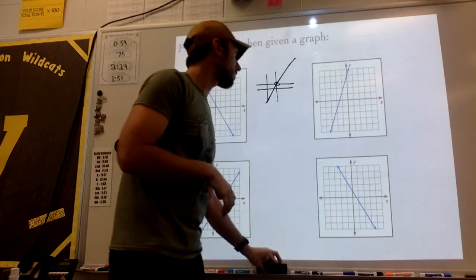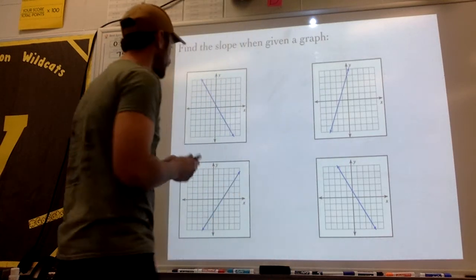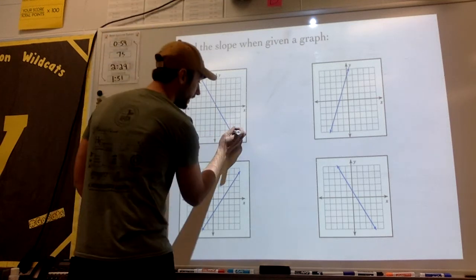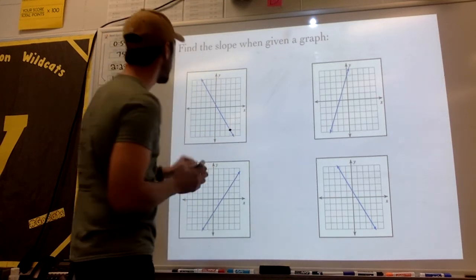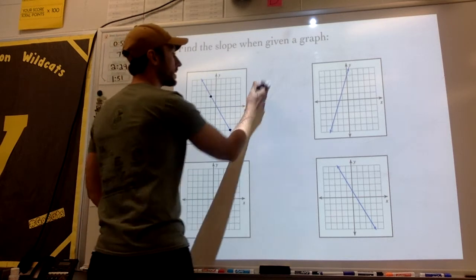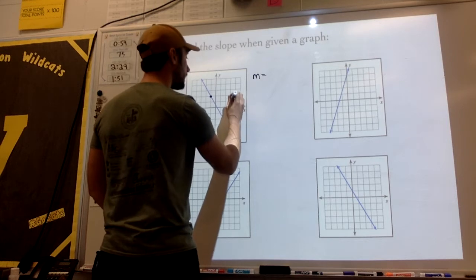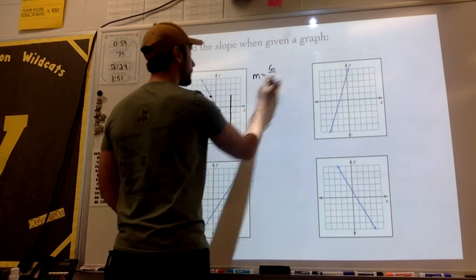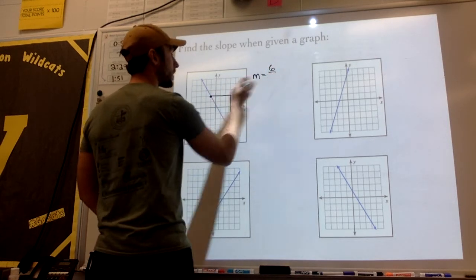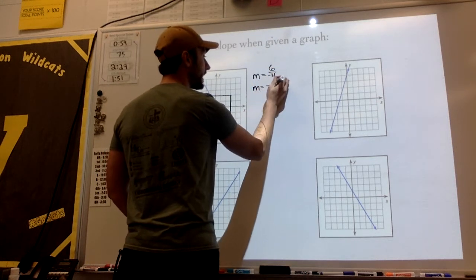So I'm looking for some good points on here, 2 per graph, in order to find the slope of that graph. Right here, I see a good point, and I see a good point way up here. So let's see what the slope of that graph is. I'm going to rise up 1, 2, 3, 4, 5, 6. And I'm going to the left 1, 2, 3, 4, negative 4, which is the same as m equals negative